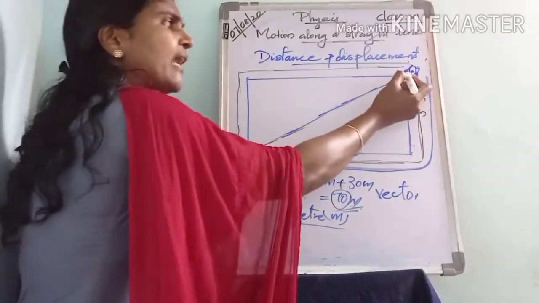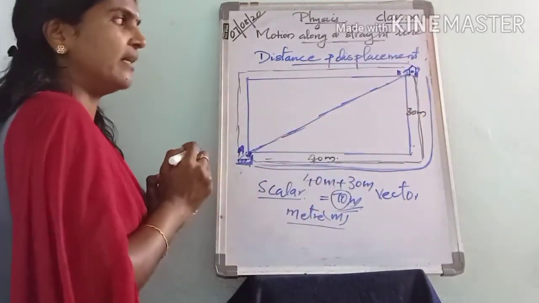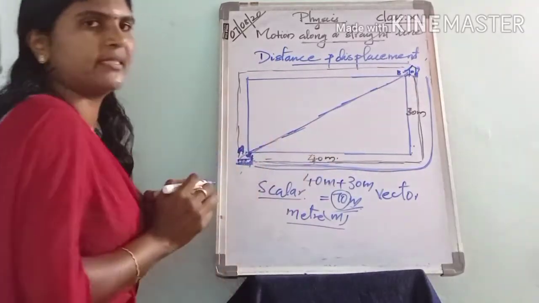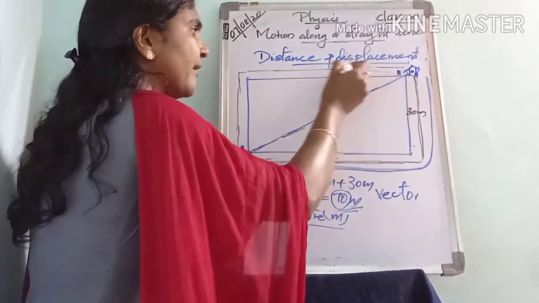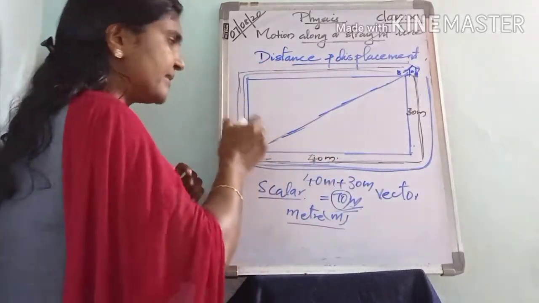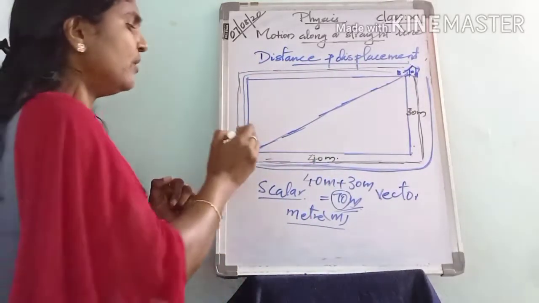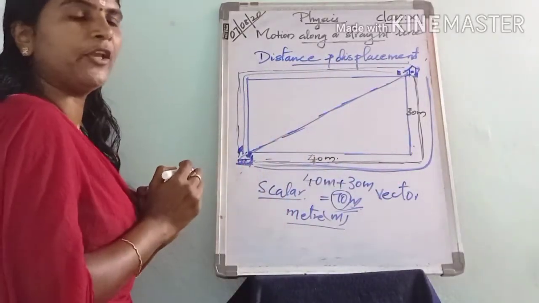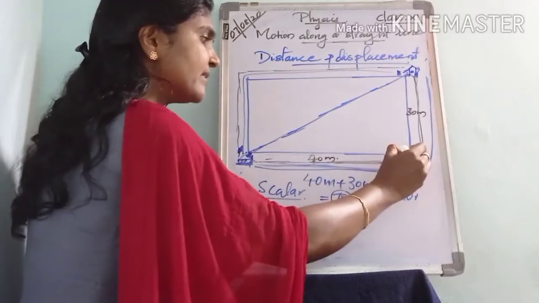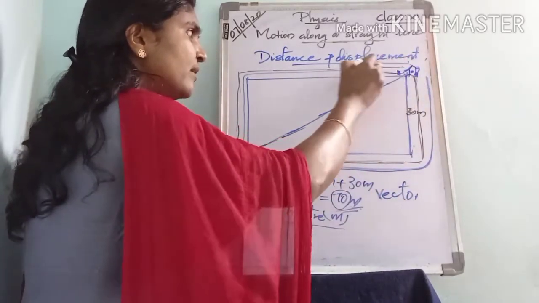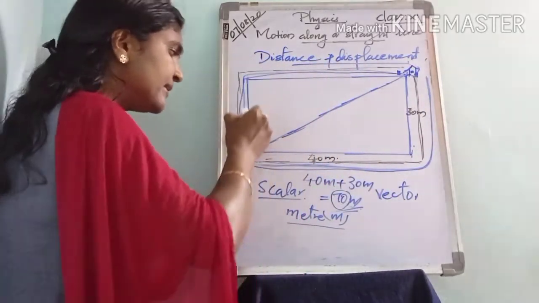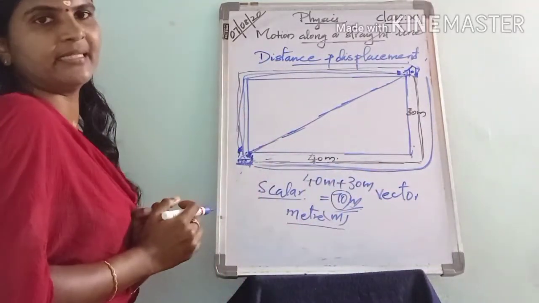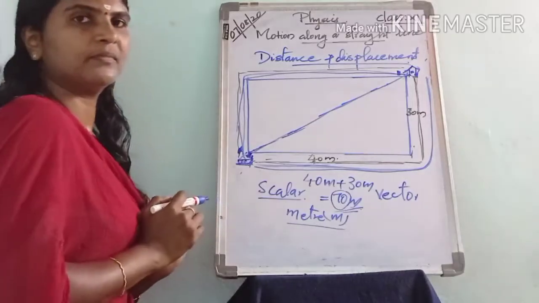See here, now you are in your friend's house. Next, you want to reach your house. Then you can take this way to this. Then what is the total distance covered by you? You have to add this much distance to this, and also you have to add this to this much distance. This is the total distance traveled by you.